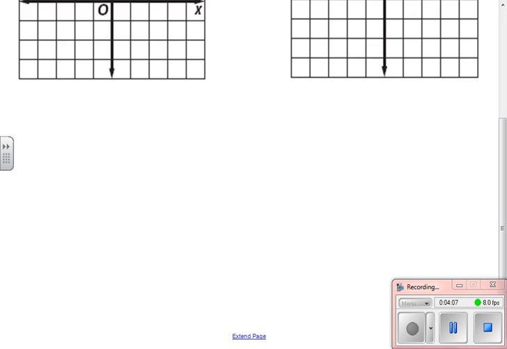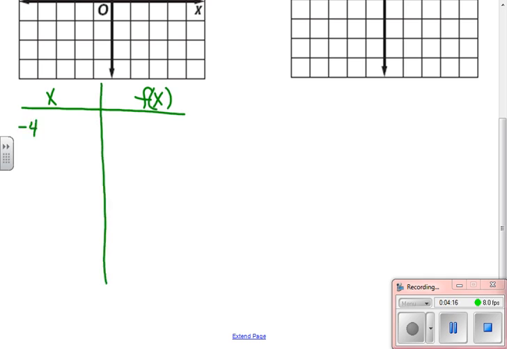So let's look at some inputs and the outputs. And our inputs are going to be ranges of values. So if I look at ranges of values between -4 and -3, how is this thing going to behave? So I'm going to go over here and I'm going to try. So what happens if I put -4 in? I'm going to get -0.5 times -4,